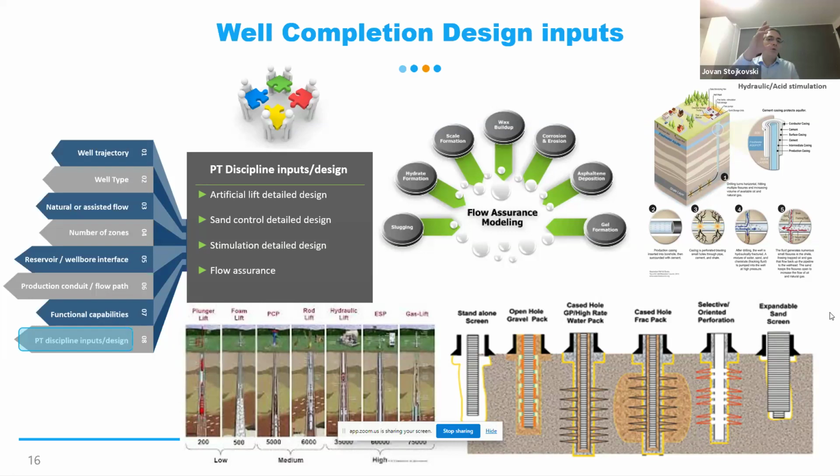So be careful, collaborate with them, and get their input in order to shape your design. Artificial lift is straightforward. You will know at the beginning of the project if the formation can deliver naturally or not. If it cannot flow naturally, then maybe you need artificial lift, either from the very beginning or after a while, when you need to switch to artificial